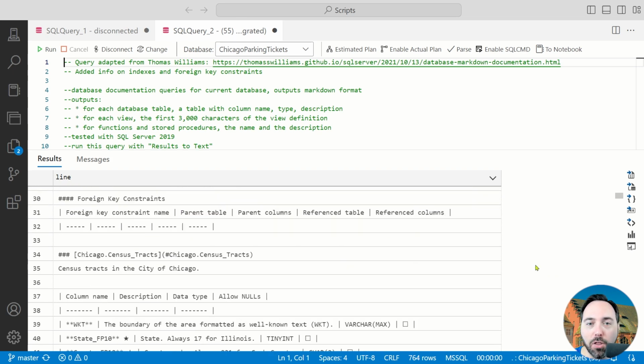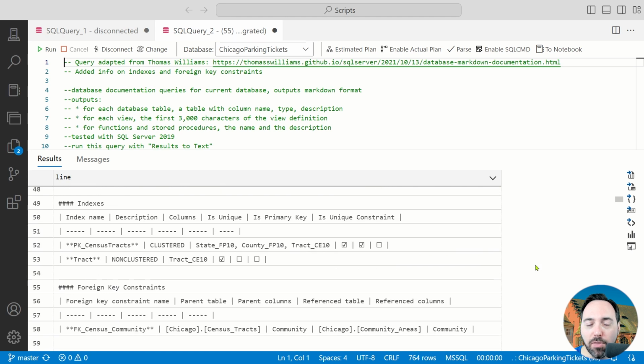We also get 3 checkboxes that describe whether the index is a unique index, if it serves as a primary key, and if it serves as a unique constraint or alternate key. For foreign key constraints, we have the name of the constraint as well as the parent and referenced tables and associated columns. Daniel made our jobs pretty easy in this database by having consistent naming and single column foreign key